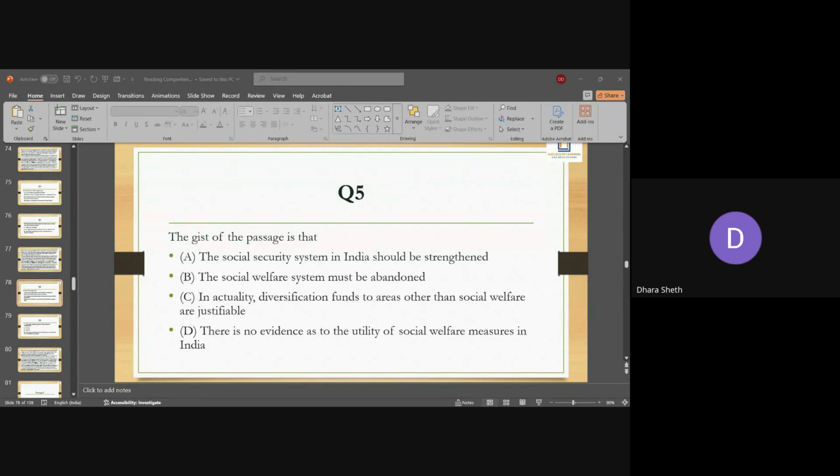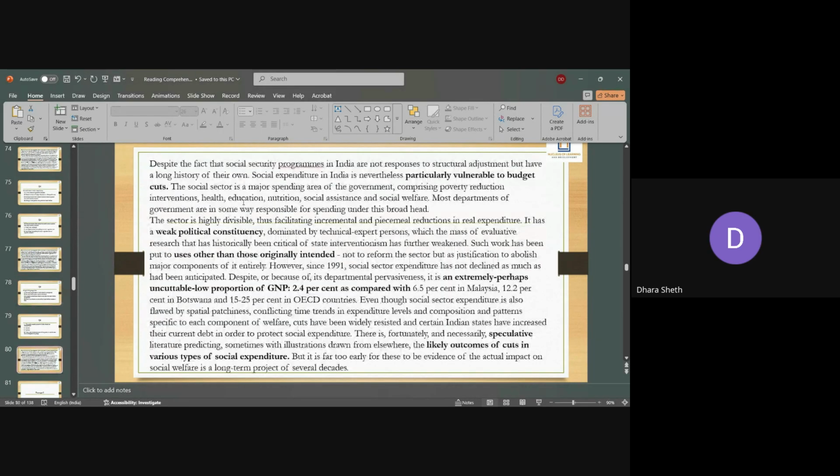If you go to the passage here, see that it is a major spending. Social expenditure is particularly vulnerable to budget cuts, then it has a weak political constituency, such work is put to other uses. But wherever he is trying, especially if you say it is an uncuttable portion, you realize that the tone he is trying to use is of supporting social welfare. So that automatically rules out options B and C, because they are opposite of what the author is trying to say. A and D is where you can have confusion,